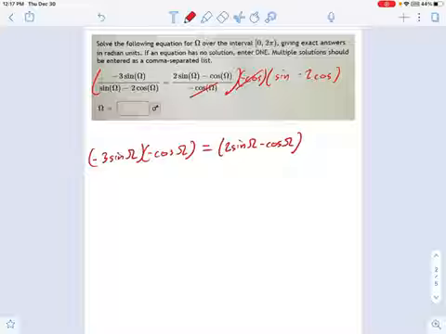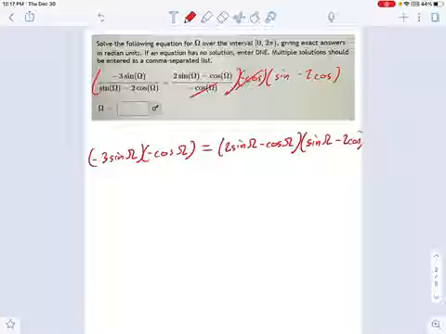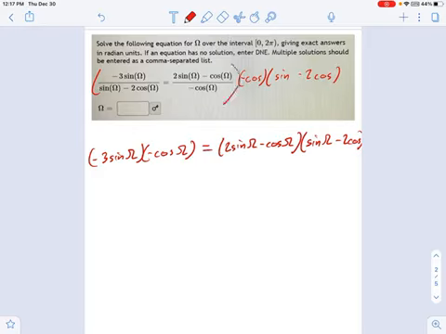The negative cosines cancel out from the denominators. So it's going to be times sine omega minus 2 cosine omega. So that doesn't look so bad. Let's continue working with this and see where we go. So on the left, this is negative 3 times negative 1. That's just going to be 3 sine omega cosine omega.